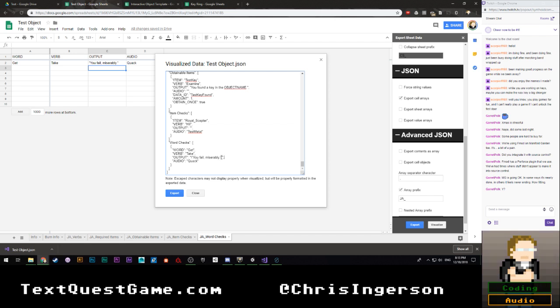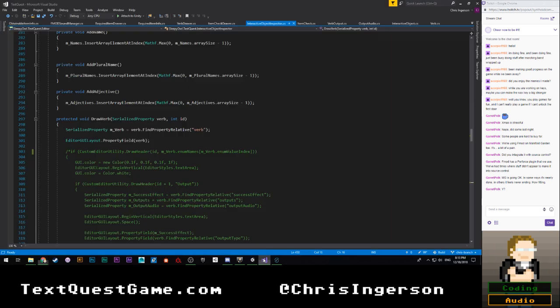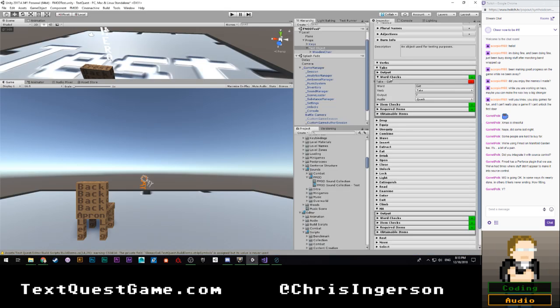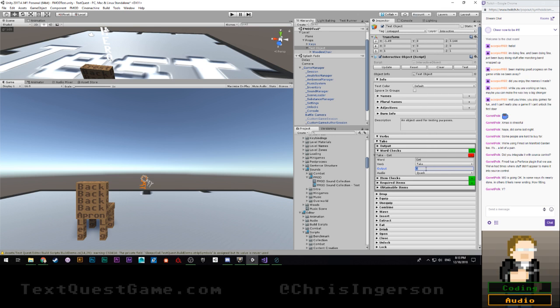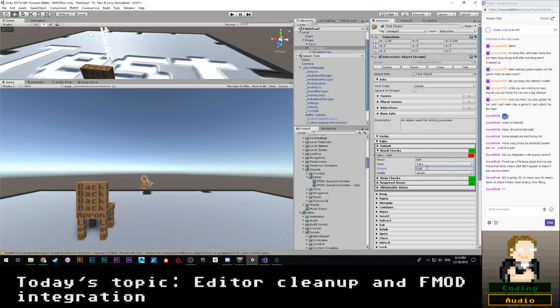How sad. Well, that's something I can fix relatively quickly. Whatever, I'll just say you failed miserably. I'm assuming that was just my parser then, because it's probably all kinds